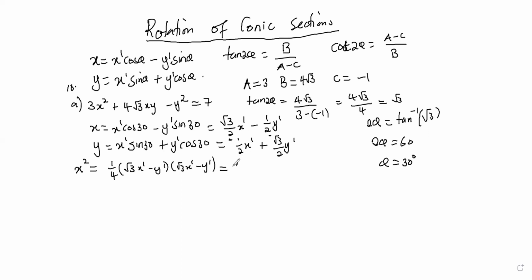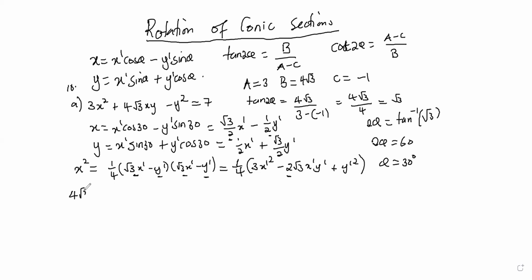So it will be 1 over 4 times 3x prime squared minus 2 root 3 x prime y prime, and then plus y prime squared. So I've multiplied this by that and added this by that, for us to get the 2. Okay. Then we can get also